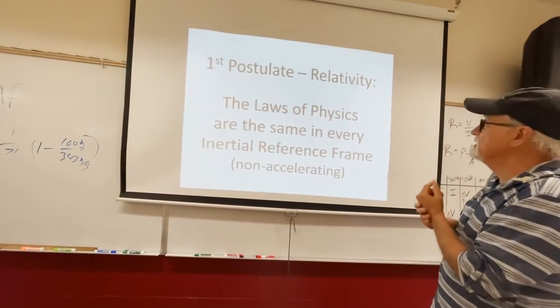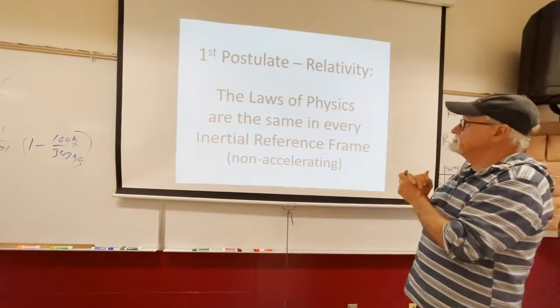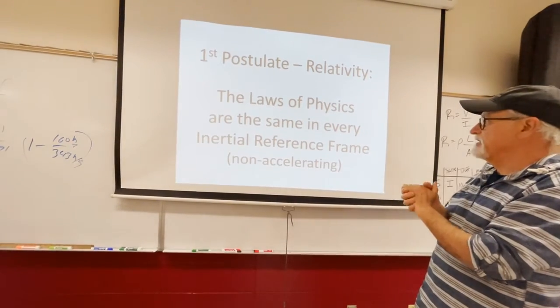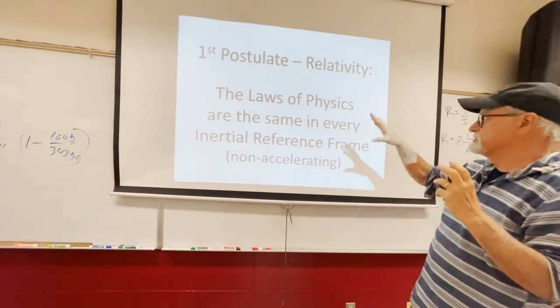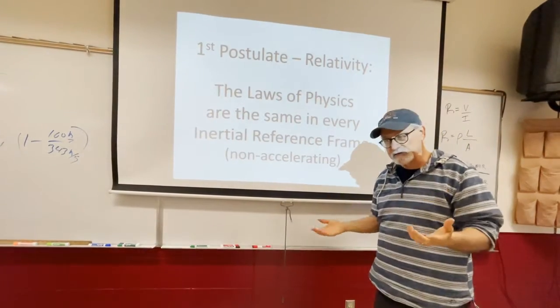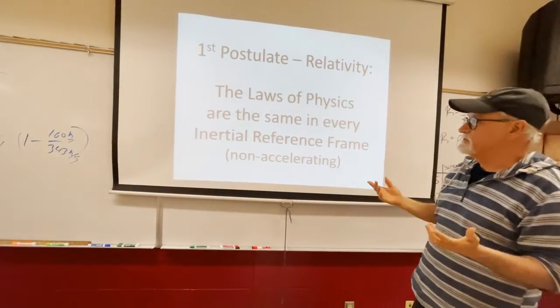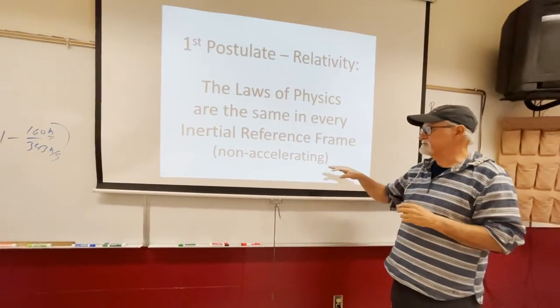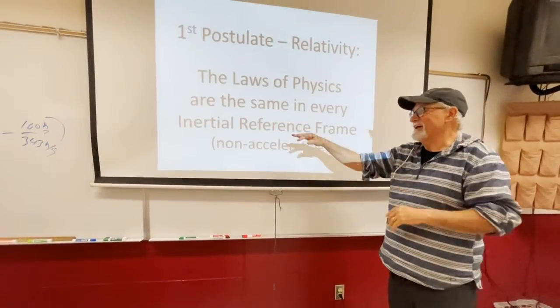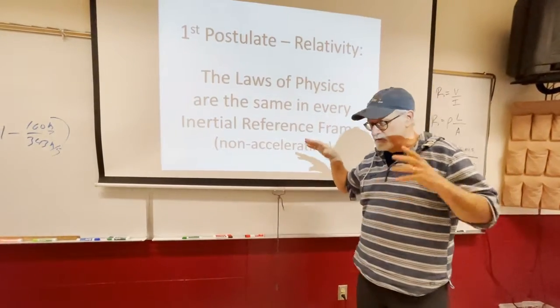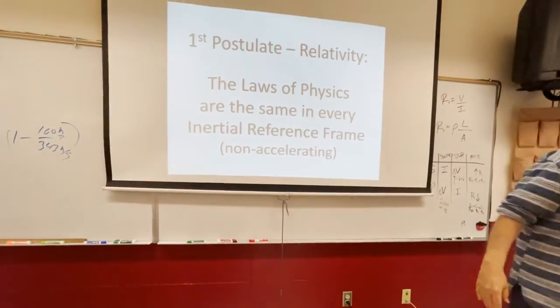The first one is the laws of physics are the same in every inertial reference frame. And what we're talking about, the laws of physics, is the classical laws of physics are the same in every inertial reference frame. What does that mean? What's an inertial reference frame? That means you have a reference frame that's not accelerated. For example,